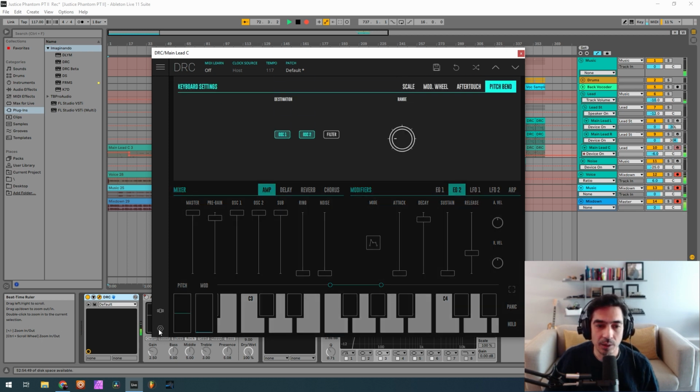Finally, for this sound, we go to this settings button here on the down left corner, choose pitch bend and raise the range of the pitch bend to 12 semitones, okay?